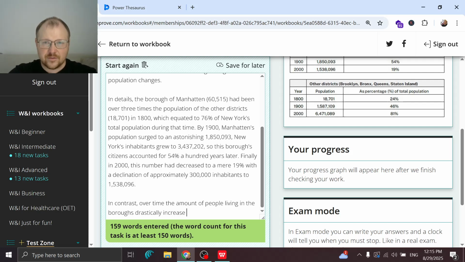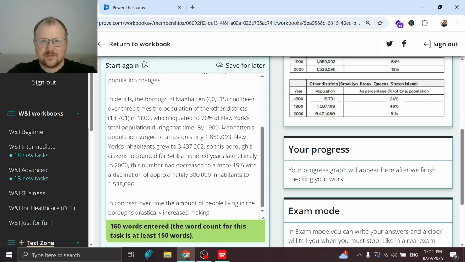Increased. I'm very bad at math. 18, so that's 20K. So 550 times 6. I don't know. Is that 3,000%? The amount of people living in the boroughs drastically increased,